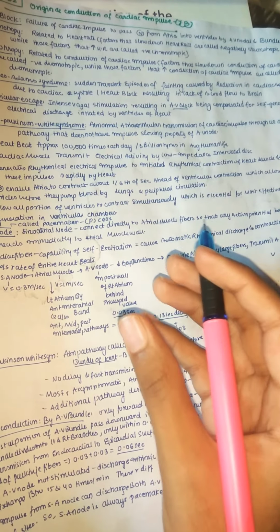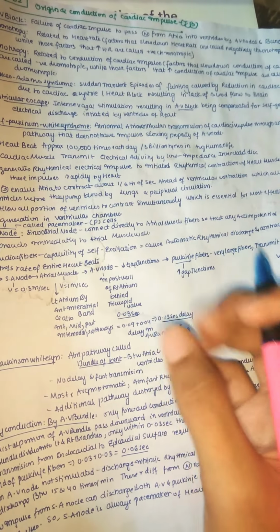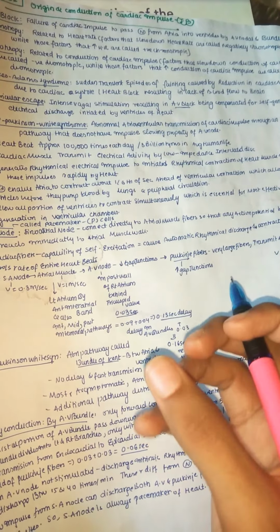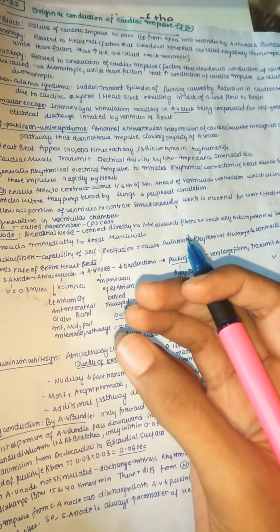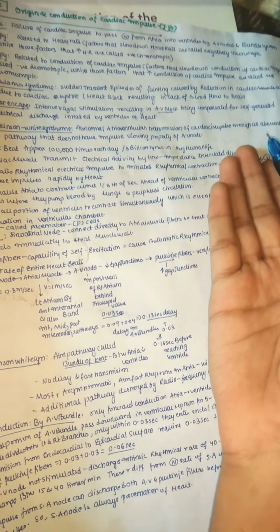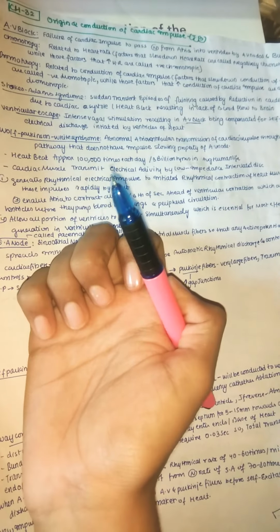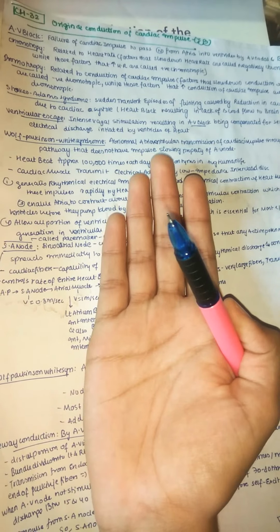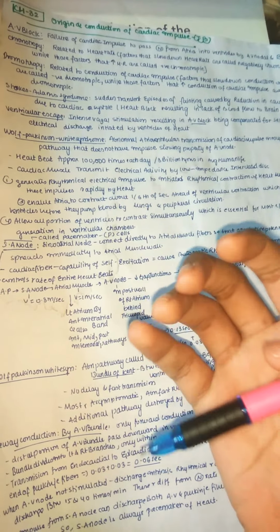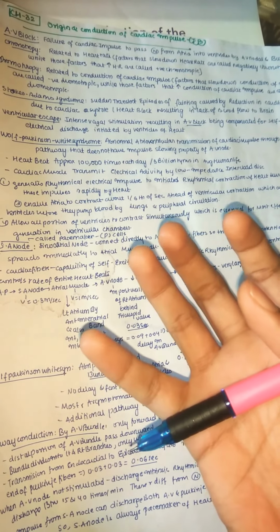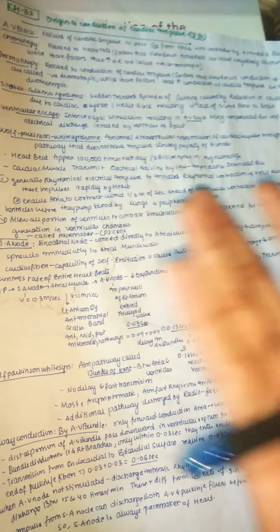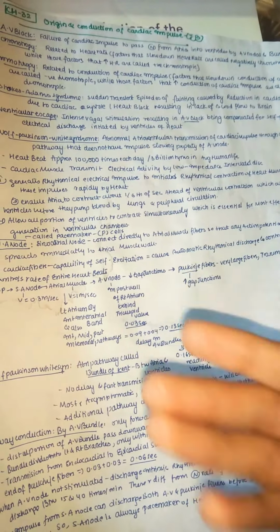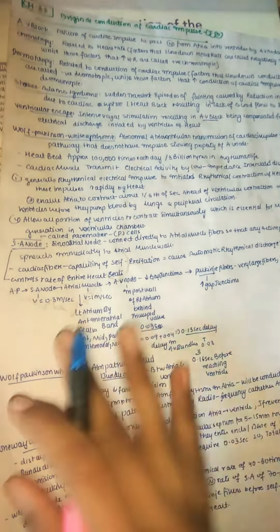Why it stops is it gives time for the atria to fill the ventricle, so that the blood can enter the ventricle, and now it can pump effectively. So if this process doesn't happen, you can understand it is an abnormal pathway in Wolff-Parkinson-White syndrome. So if it is an abnormal pathway, the blood can't fill the ventricle. So if the blood is not there, it leads to fibrillations or tachycardia. So all this we'll see.